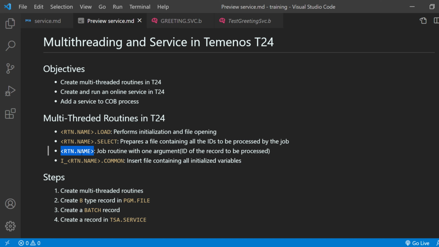Along with this routine, we need to have another routine with .load, another with .select, and also an insert file. So our routine name, and .common. These are 4 pieces which are required to create a multi-threaded routine. Now, how the process works,